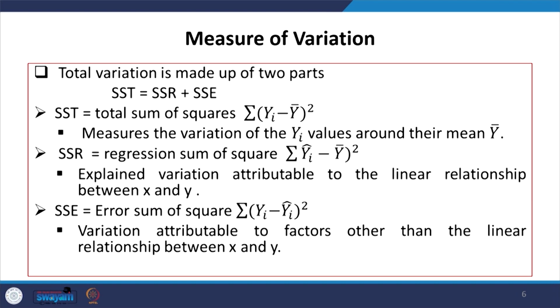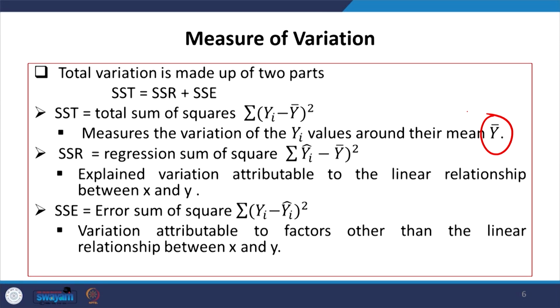Variation is explained through three important concepts. One is called total sum of squares, TSS, or SST as well, sum of squares total. This measures the variation of yi values around their total mean, that is y bar. You have to clarify these things, y bar and then y hat. Each individual observed value minus the total average is capturing the difference. This difference is called total sum of squares.